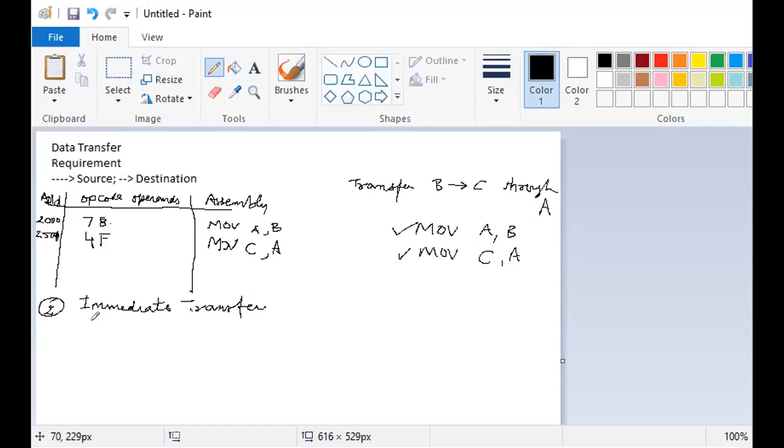Let's say, again I will draw that table. The instruction I want to write, move into the register A, the immediate number, let's say 05. When you write 05, by default it is a hexadecimal, or let's say write it as 05H.